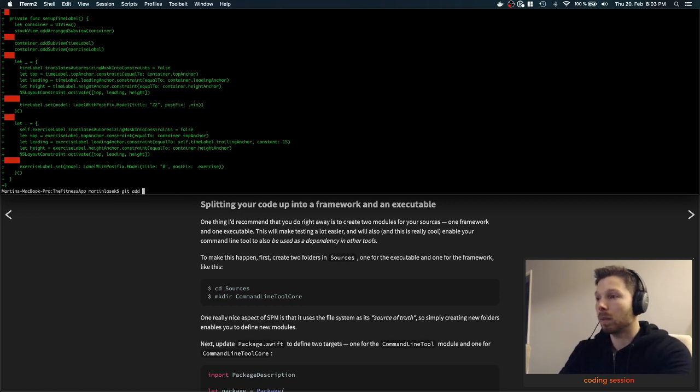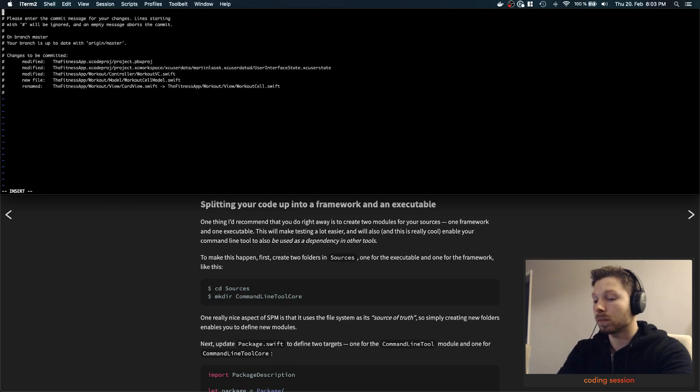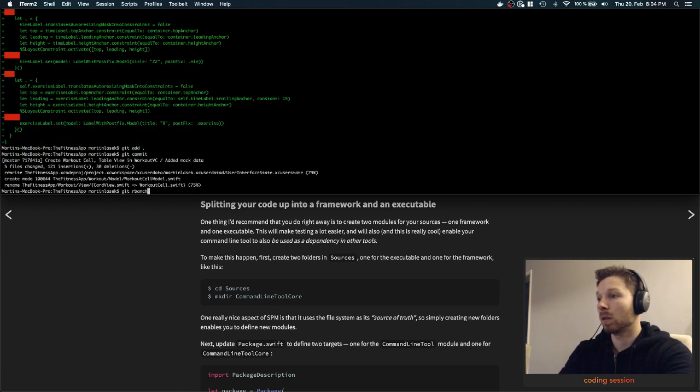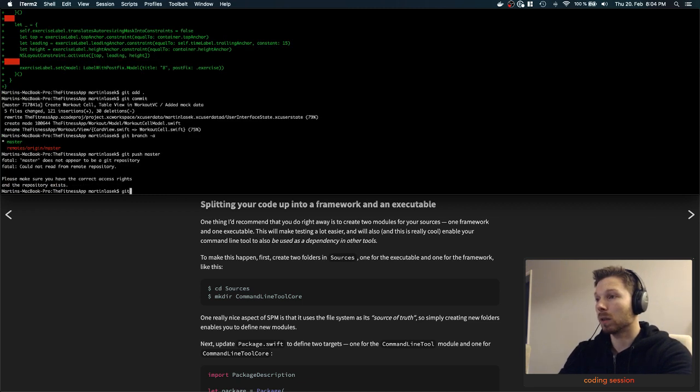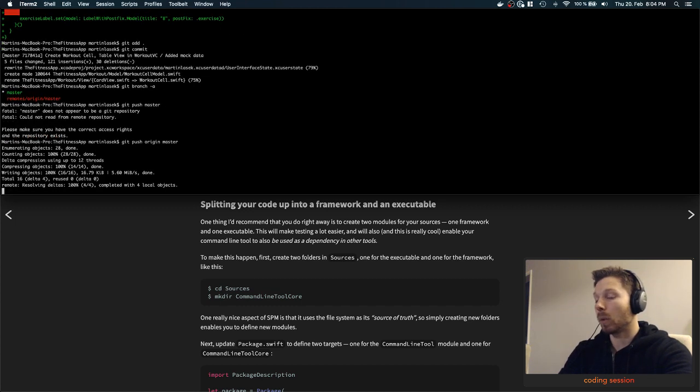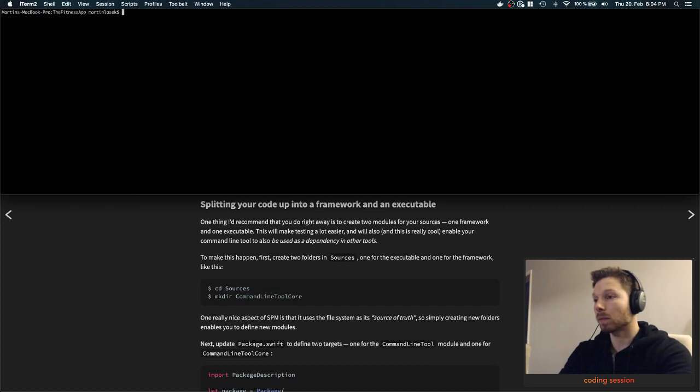And we can say, created workout cell, table view and workout VC, added mock data. Git branch, git branch push. Just push that. Push origin master. So we have this state. Now